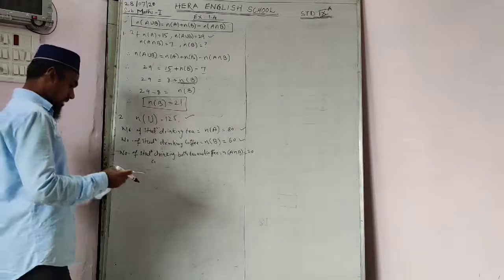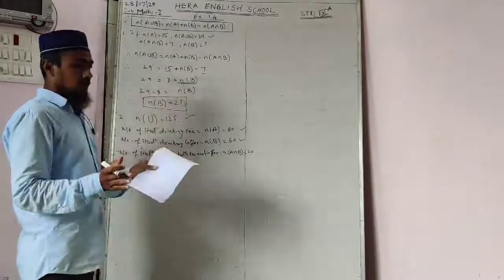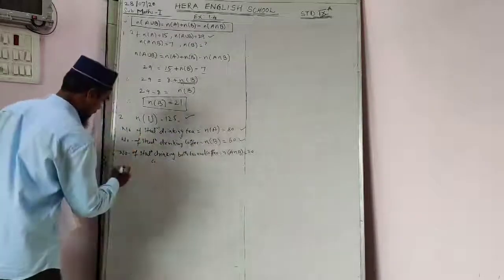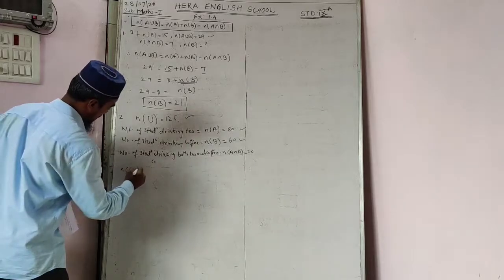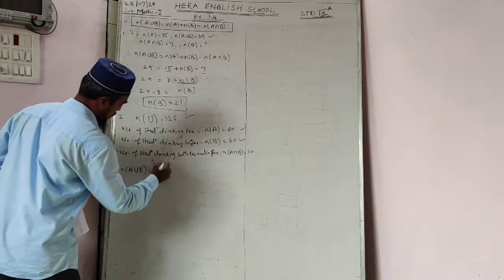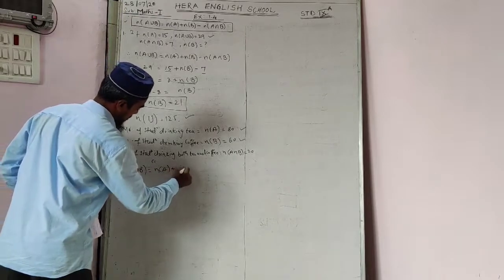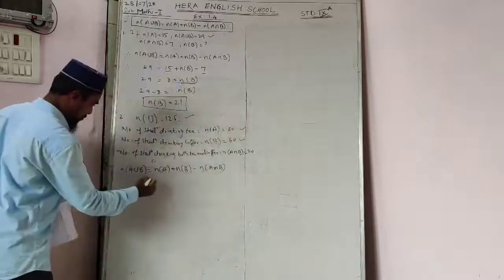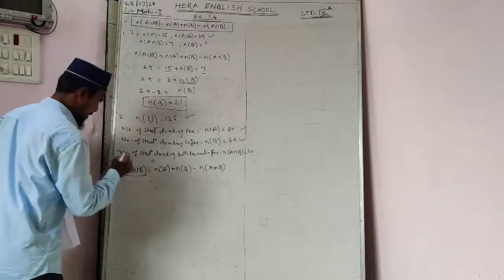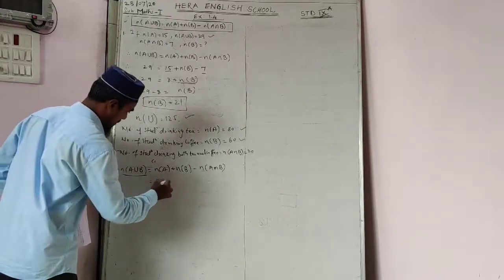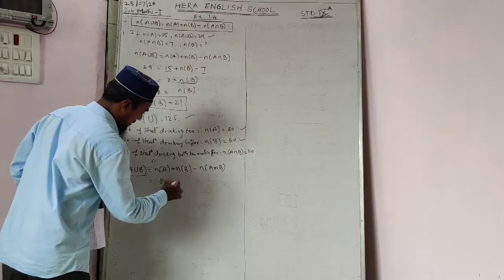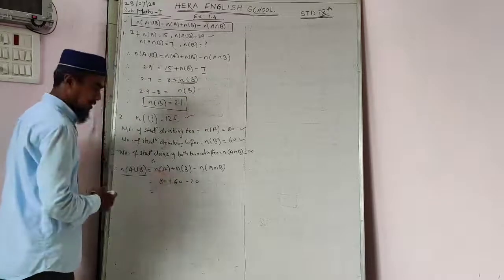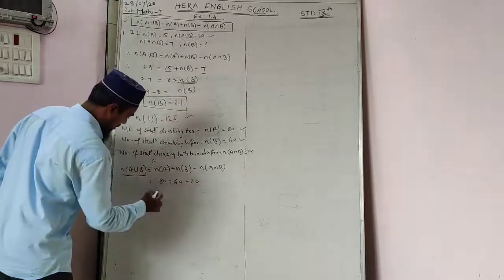Okay, now we'll write here. First we'll bring the summation, addition of the students, those are drinking total tea and coffee and both. So we'll write here according to our formula, number of A union B is equal to number of A plus number of B minus number of A intersection B. Now keep the values. Number of A we have there 80 and only coffee there 60 and 20 students, those are drinking both one. Okay, 80 plus 60 you will get 140 minus 20 you will get 120.